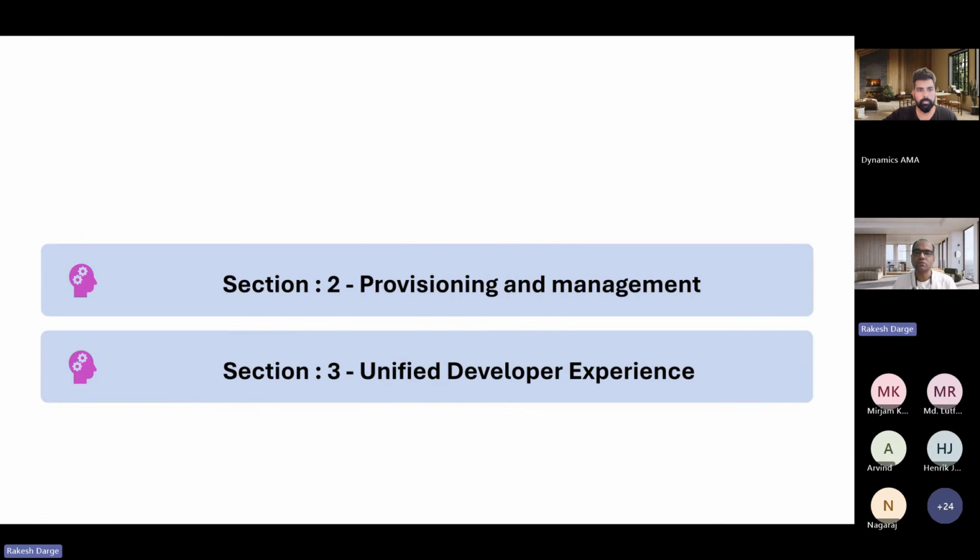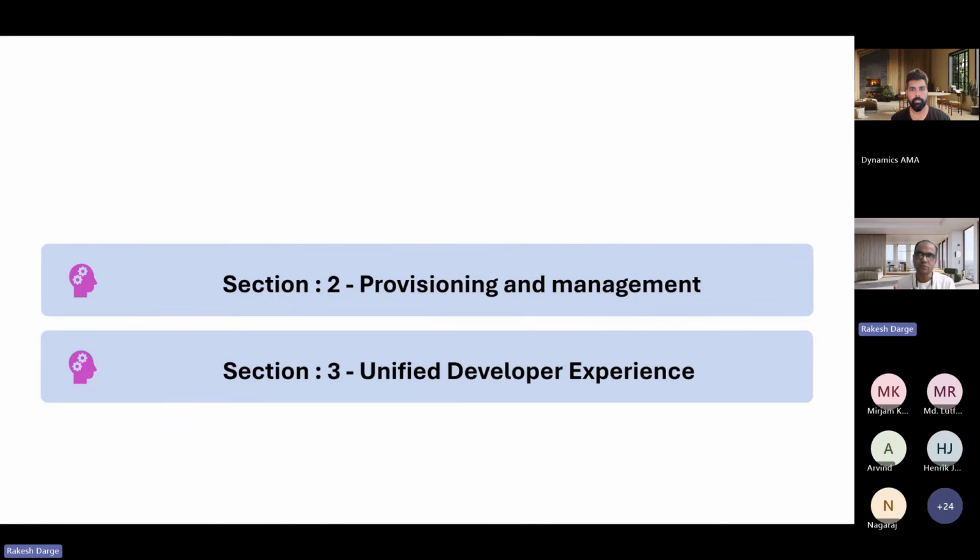Now we'll also talk about the second section, where I'm going to give you the depth and breadth of the provisioning and management of the entire environment, wherein you can go back and check that if I procure X number of licenses for Y number of users, what kind of capacity I am entitled to get, and what I can do if I get this sort of entitlement, right?